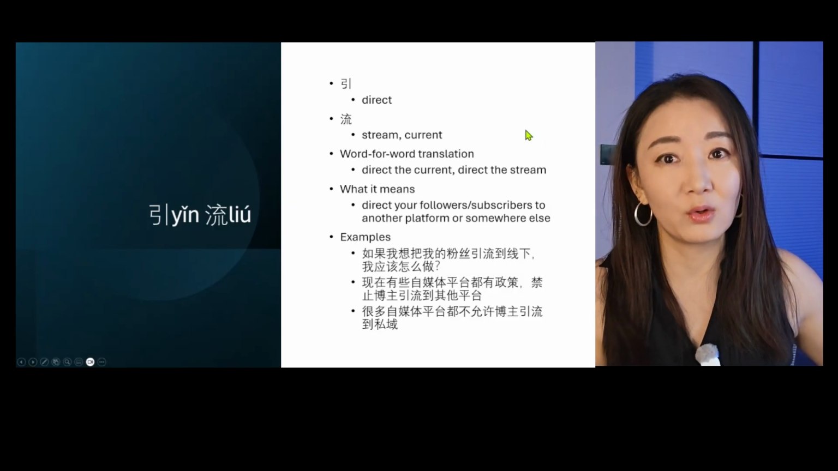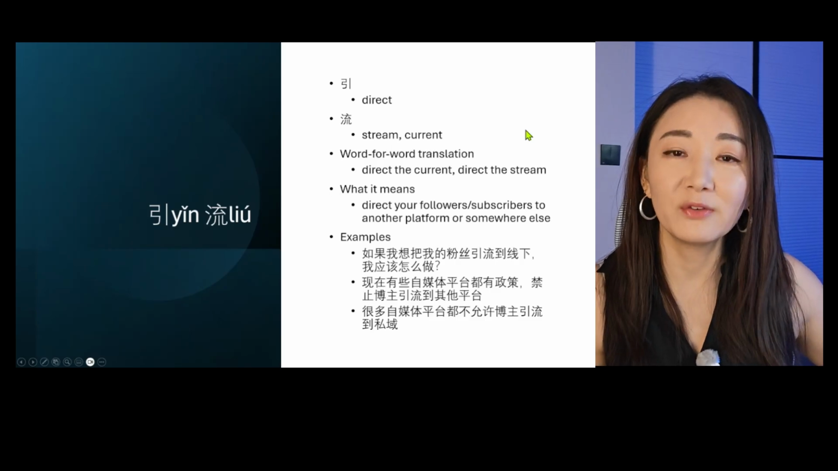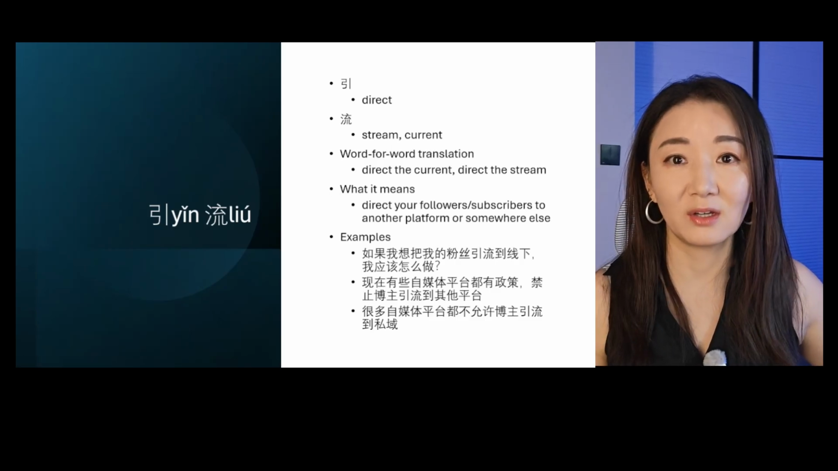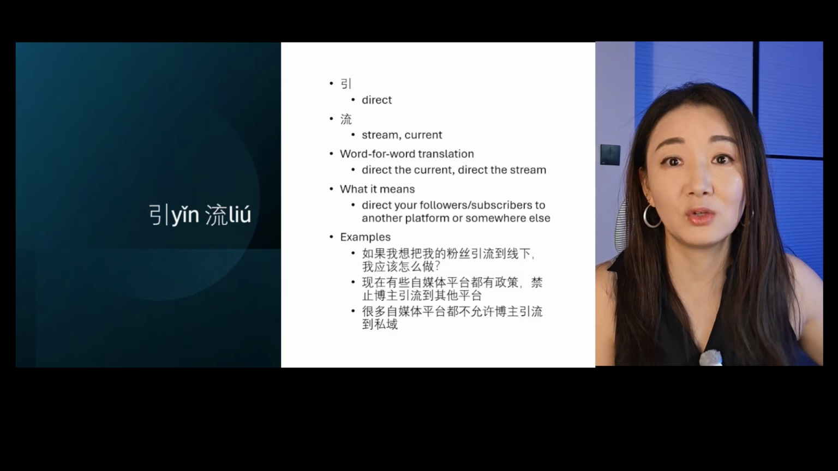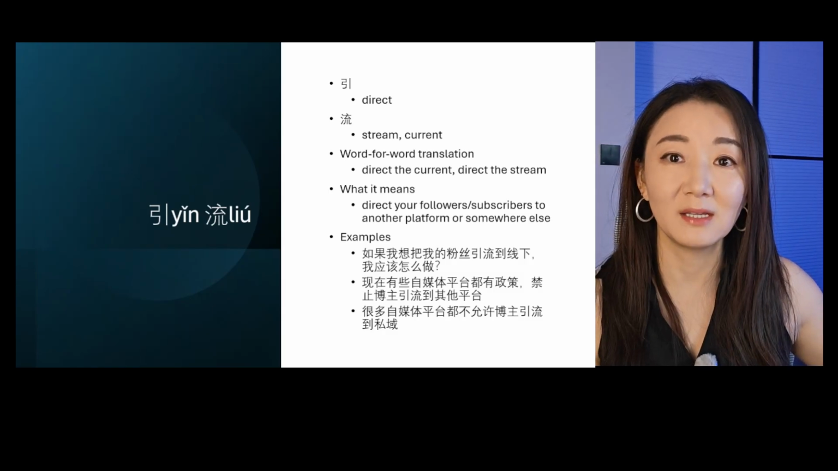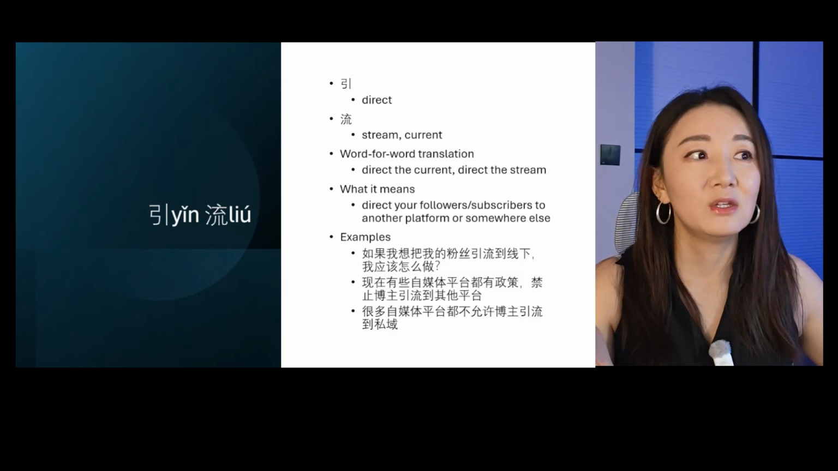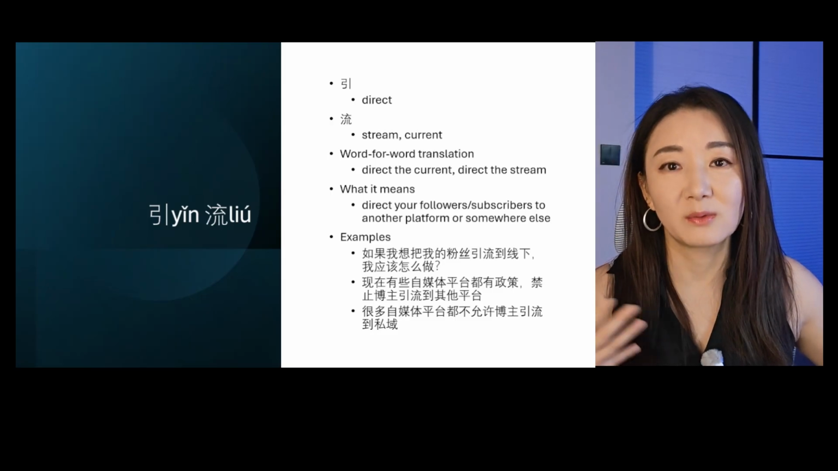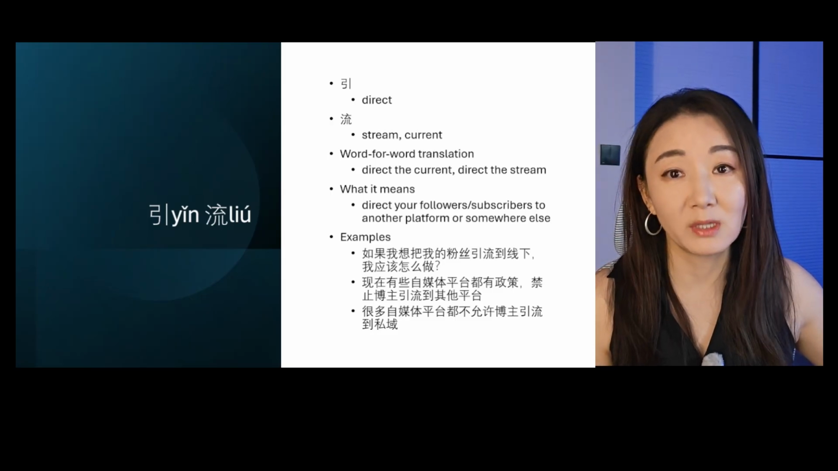流 means stream or current. So 引流 word for word translation is you're directing the current, you're directing the stream to a different direction. What it means in the context of content creation is that you're directing your followers, your subscribers to another platform or somewhere else. Since we're talking about directing your subscribers or followers to another platform or another way of communication,